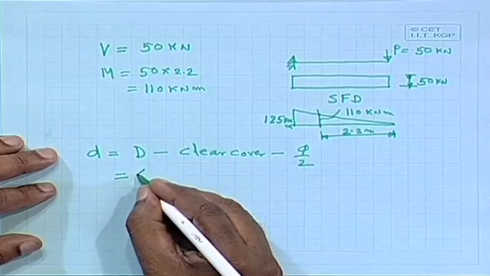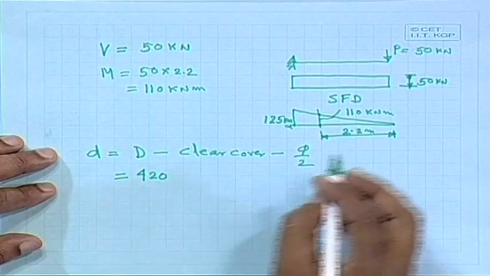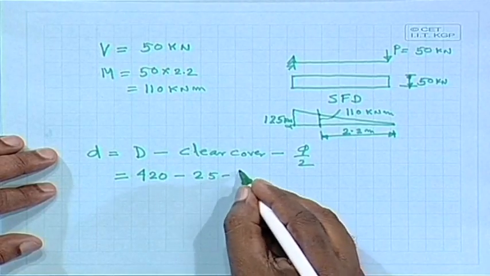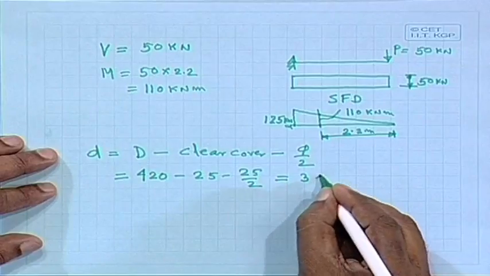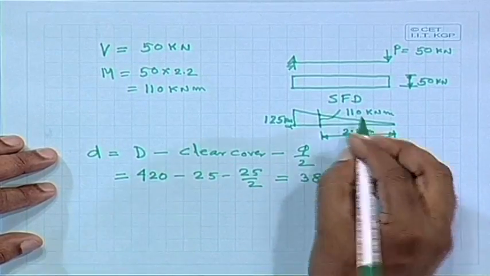It will be 420, so we shall get 420 minus 25 minus 25 by 2, which comes as 382.5 millimeter, because